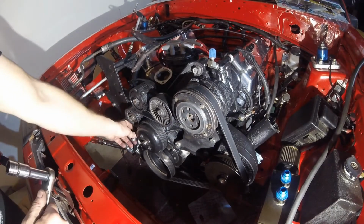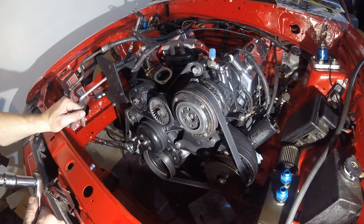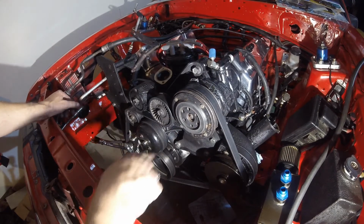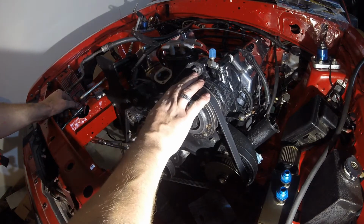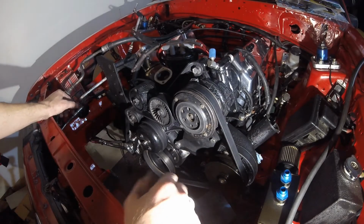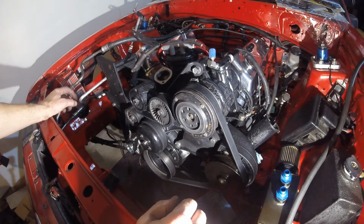Like I said, this is the only thing, I've got to take that stud out of there and life will be good. But otherwise, that's the Clevor accessory setup. Air conditioning will work just fine. This is an air conditioning compressor off of a Fox body Mustang 5-liter. Same with the power steering pump. Everything works really good. So I just kept all of the Fox body front accessories and just bolted them on